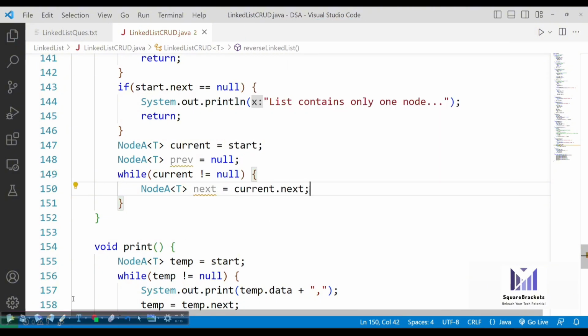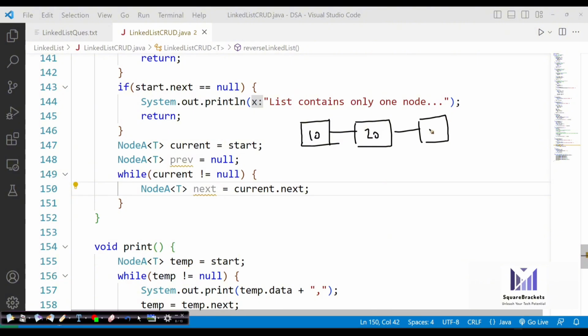Okay, so you can assume that there is a simple list. There is 10, 20, 30, and 40. All right, so suppose there is this linked list available. We have 10, 20, 30, 40. Now, once we have this kind of a list available, 10 refers to 20, 20 refers to 30, 30 refers to 40.